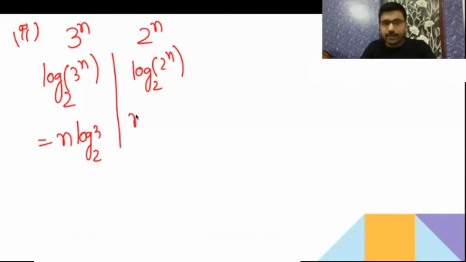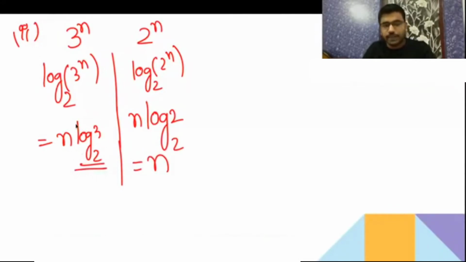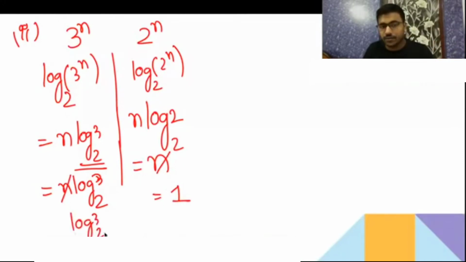And here n will come. Then log 2 base 2 is going to be 1 only, so it's going to be n. See, this one is bigger because of the term. So here you are having the common term, and I have told you, if anything is common, then you cancel it out. So in this, n is common. So here you are getting 1, and here you are getting 1 point something. So this one is greater. Okay. Understood now?